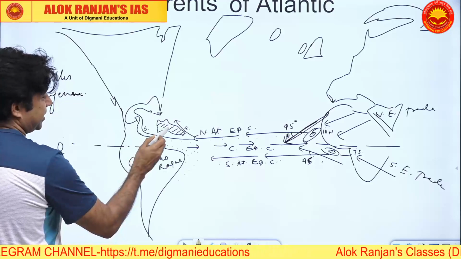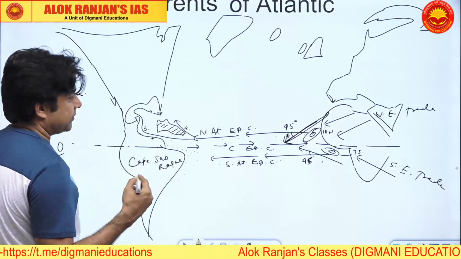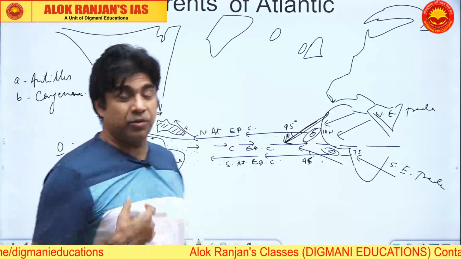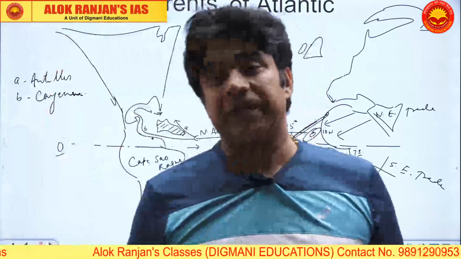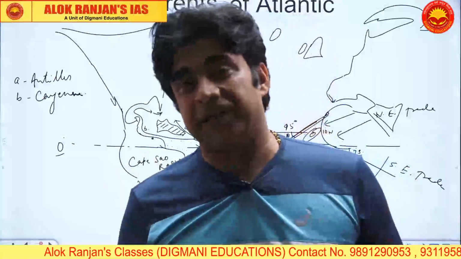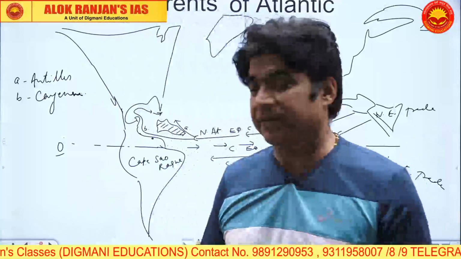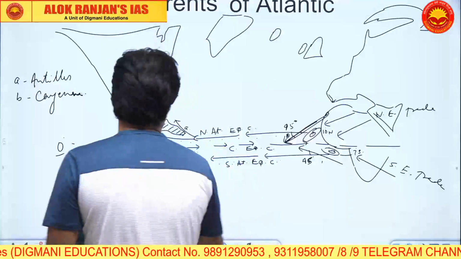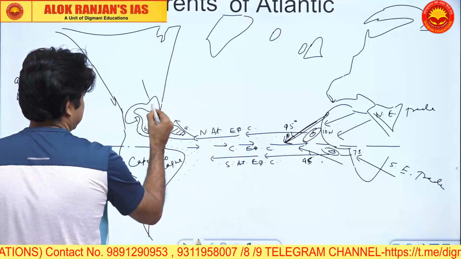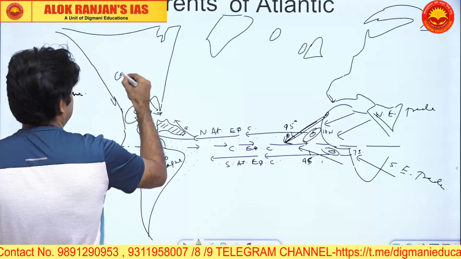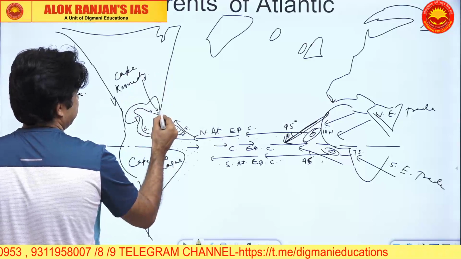These are our West Indian islands, Caribbeans. So we have current A, that is Antilles. Caribbean's old name was Antilles, Greater Antilles, Lesser Antilles. So the ancient Spanish people, they named it in their own language. They called it Antilles. Okay, so we have these two currents. Now these two currents will meet near Cape Kennedy. This particular point is Cape Kennedy. So from Cape Kennedy